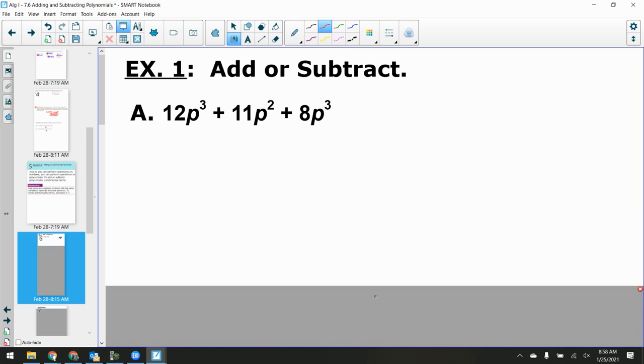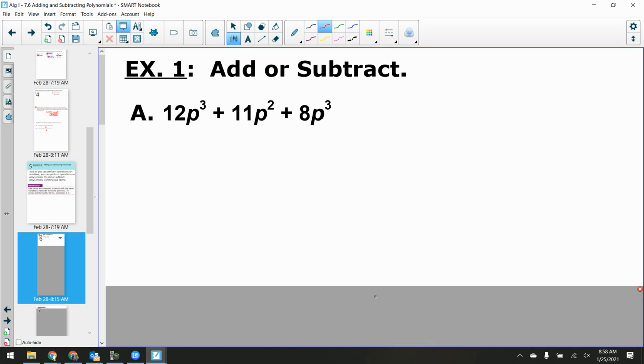Now, this is something that I could have given you on the chapter 1 test, right? This is something that we did at the very beginning of the year. What are like terms and combine them, okay? But now we know a little bit better about them. Can't we say that these are all 3 little monomials, right? If I'm adding these 3 monomials together, but I'm only going to add together the ones that have the same